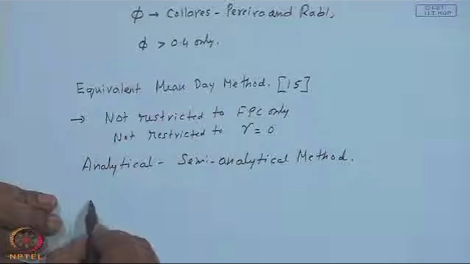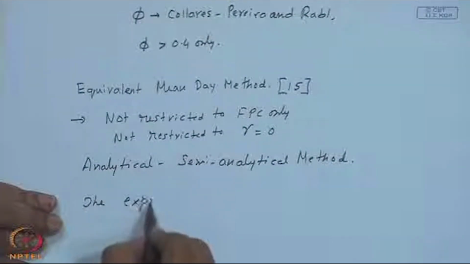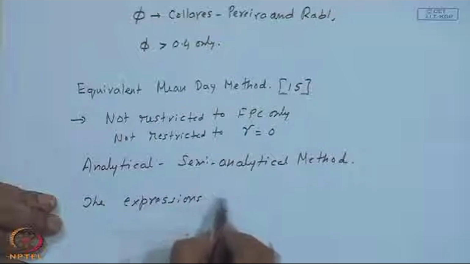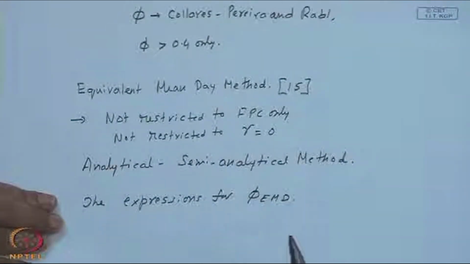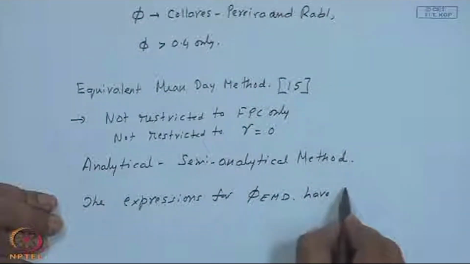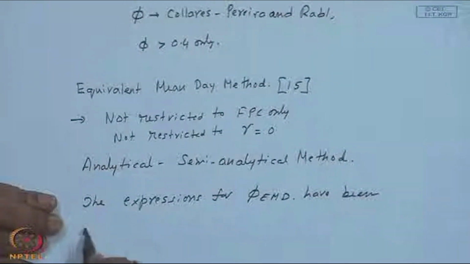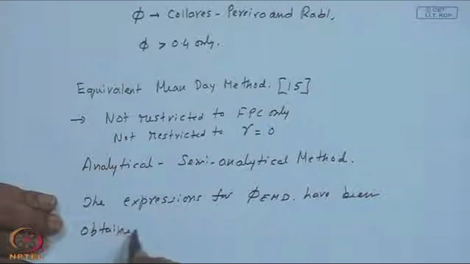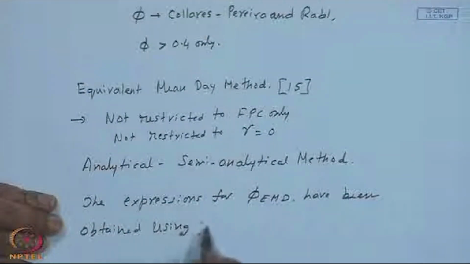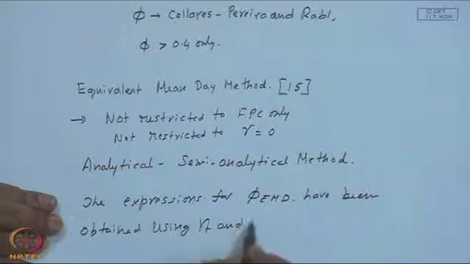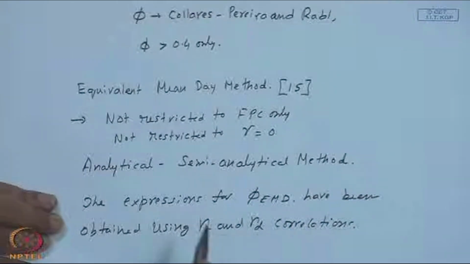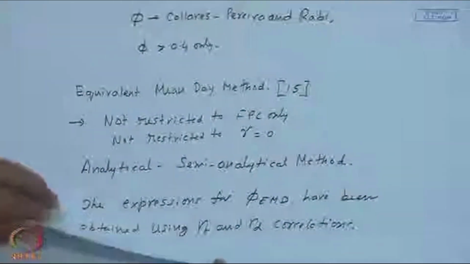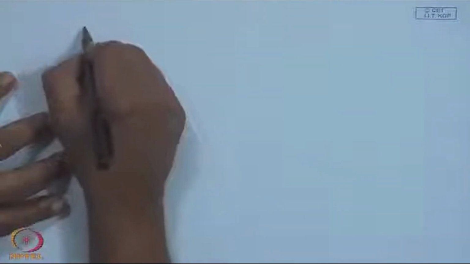The expressions for the utilizability on the equivalent mean day, which I will call phi MD, have been obtained using RT and RD correlations. I shall elaborate this a little later. Before that, I would also like to point out the variable